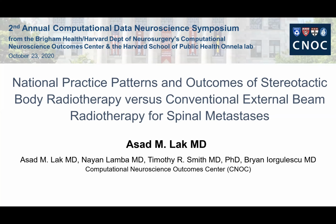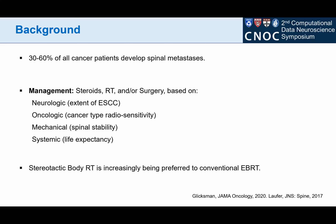I'm a research fellow at the Brigham and Women's Hospital, and the topic of my talk today is national practice patterns and outcomes of stereotactic body radiotherapy versus conventional external beam radiotherapy in the management of spinal metastases. I have no disclosures. Spinal metastases are seen in almost 30 to 60% of all cancer patients, and the management